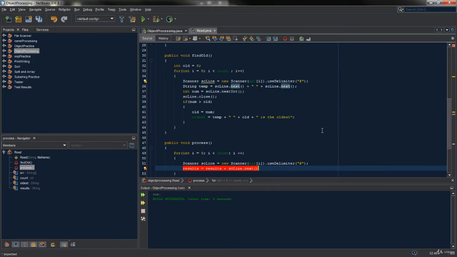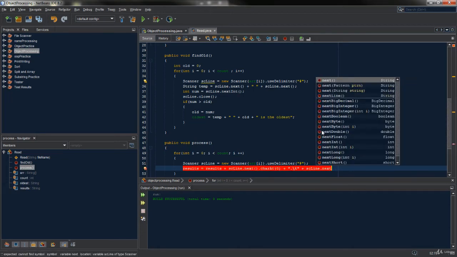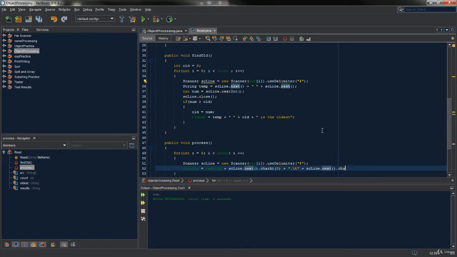That should get us the first name, but we only need the initials, so dot charAt 0 plus and full stop, and let's put a tab in between each of these values, plus SELAN dot next dot charAt. This should get us our surname, so another 0 to get that initial, plus full stop backslash t to get a tab. And now we need to add the age, plus SELAN dot nextInt